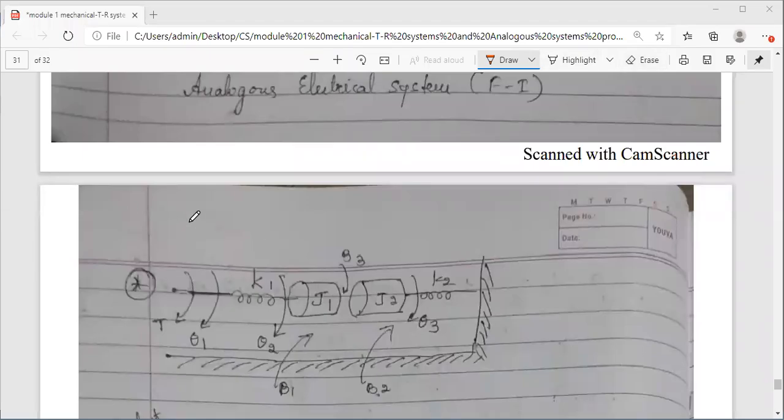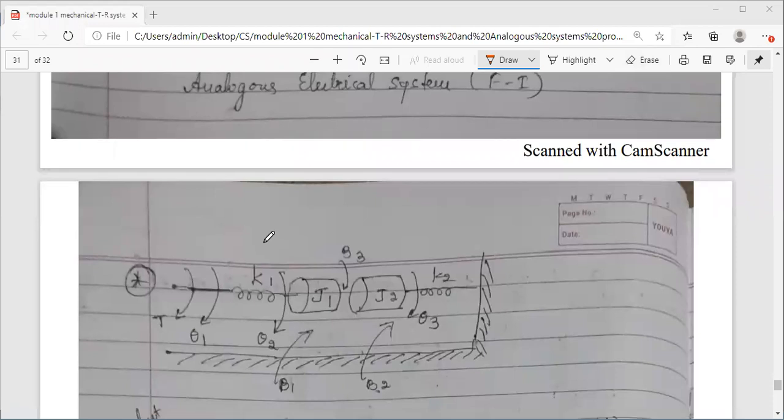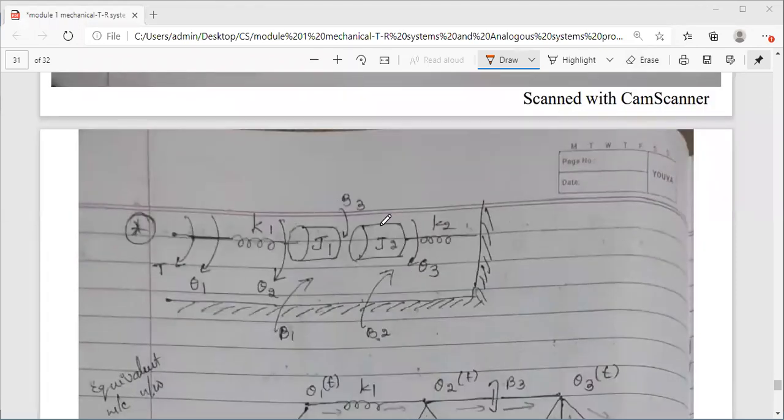This is the second problem which we are going to see for rotational mechanical systems, how to draw its analogous system. Very first thing, observe it is a rotational mechanical system. The elements are connected, you have a moment of inertia, so it is a rotational mechanical system. Check how the applied torque is given in this direction. You have angular displacements theta 1, theta 2 and theta 3. So there are 3 displacements.